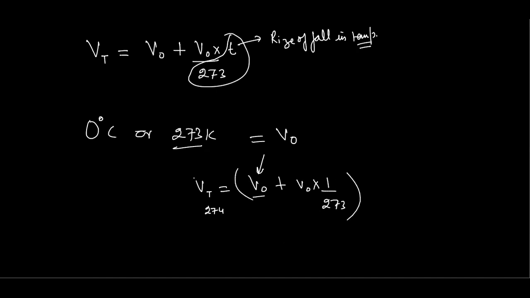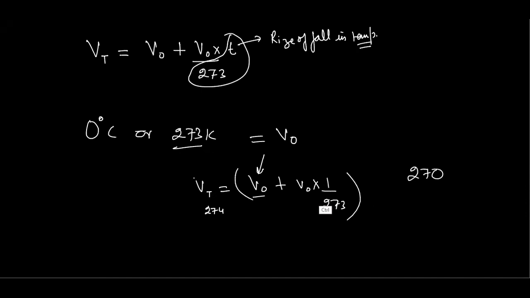If it is a 2 degree rise, then we have to write 2 degree here. If it is a 3 degree rise, then we have to write 3 degree. And if we say that it is a 273 degree fall, then in case of fall, we have to write it with a minus. For example, if instead of 273 we take 270, then in that case we have decreased the temperature by 3 degree. So we have to write here minus of 3.